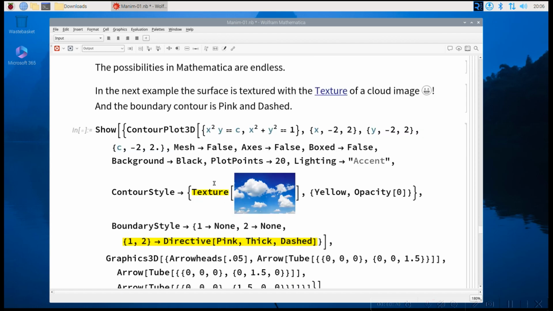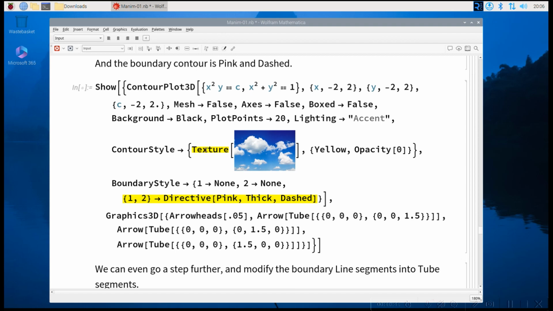And what we can also do is that we have a very nice colored contour style. We can add a texture. And in this case, I just took a picture of clouds. I took it from a website and just copy and then paste it right here. You can have pictures in your code. And now you see, okay, I want to have a texture on the surface of number 1. And then I also want the